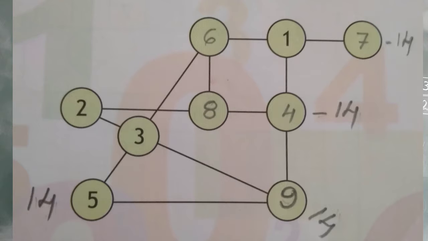Okay, and the next one, place all the digits from 1 to 9 into the circles so that the sum of the numbers in each straight line is the same. Okay, dear students, and in the fourth one, complete this grid with the digits 1 to 6 to make the sum correct.